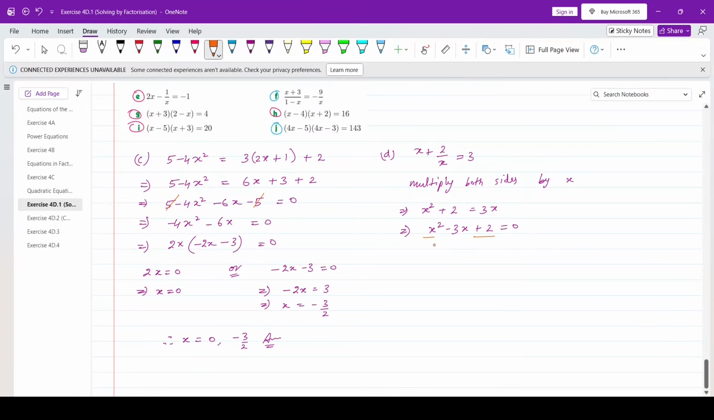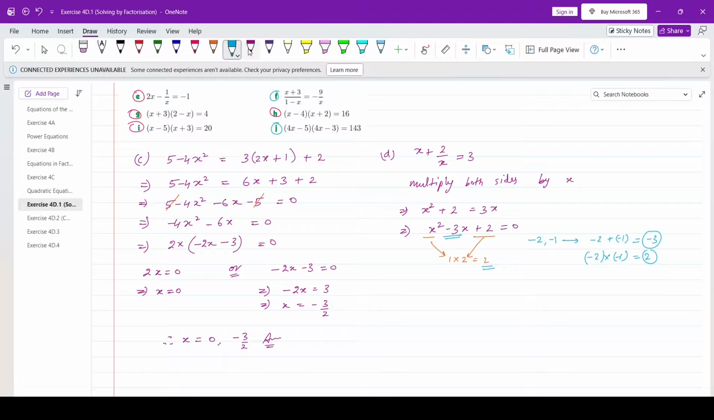This is 1, this is plus 2. 1 times 2 is equal to 2. Now two numbers such that the summation is negative 3 and product is 2 are negative 2 and negative 1. Let's see. Negative 2 plus negative 1 is equal to negative 3. Now this number is equal to this one, and negative 2 times negative 1 is equal to 2, that is